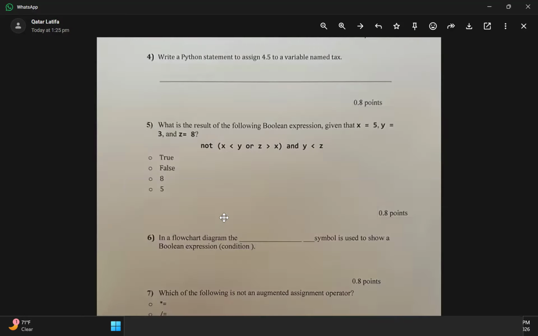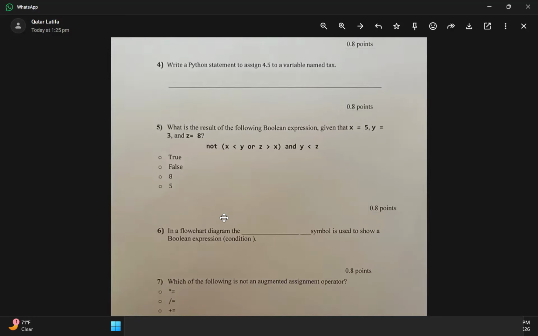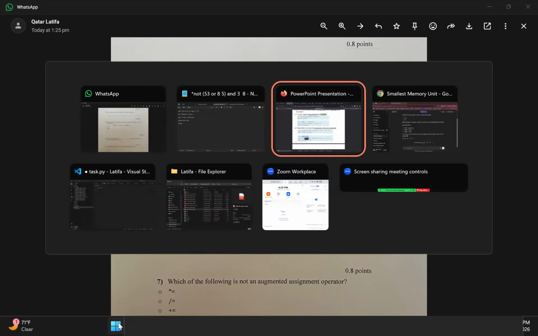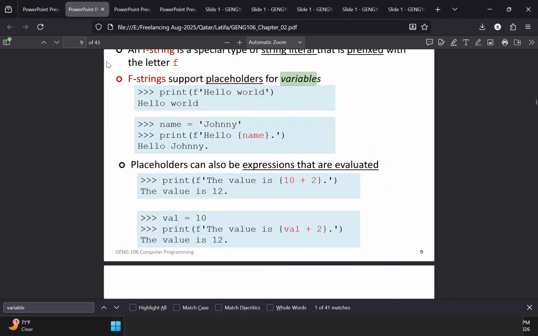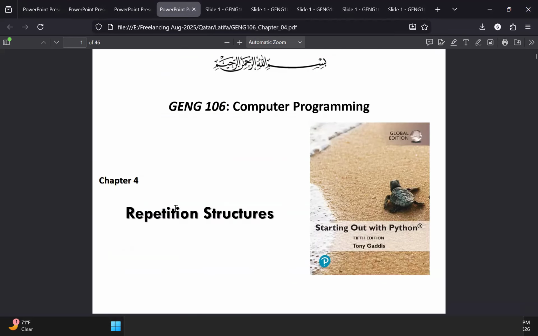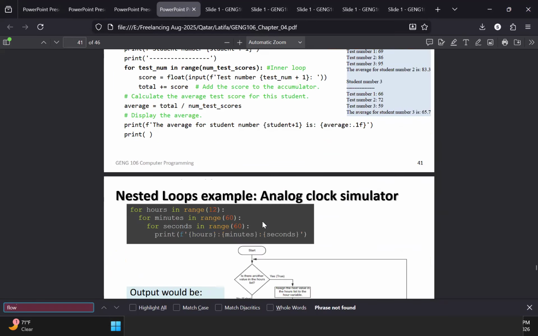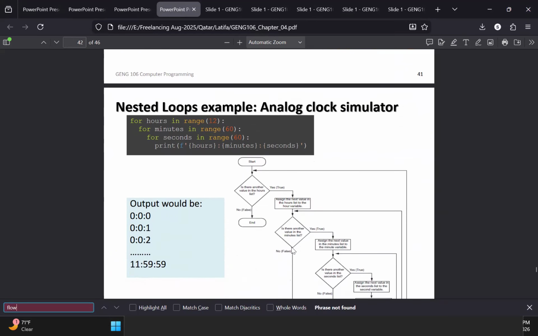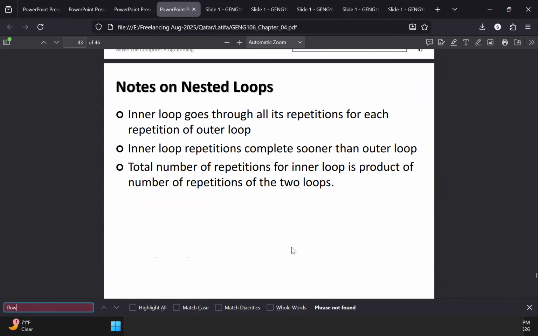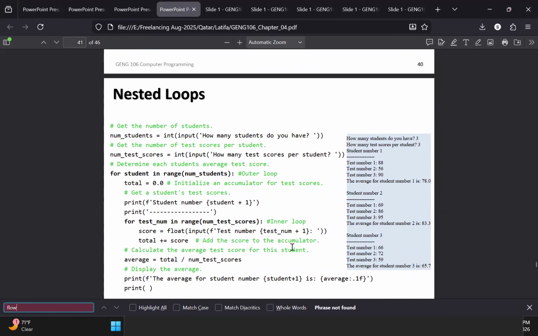This condition is false. Now, in a flowchart diagram, which symbol is used to show a Boolean expression condition? In a flowchart diagram, a condition is shown by the diamond. If you search in the flowchart for which repetition structure it will be, see here, flowchart. If you study all the lectures, you will get good marks and can solve it